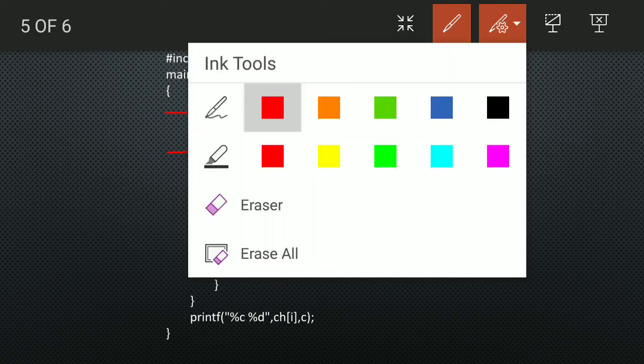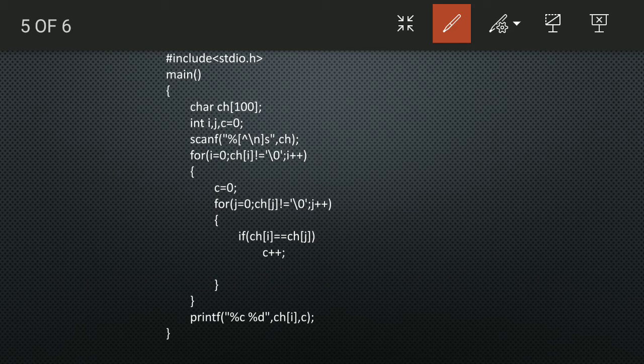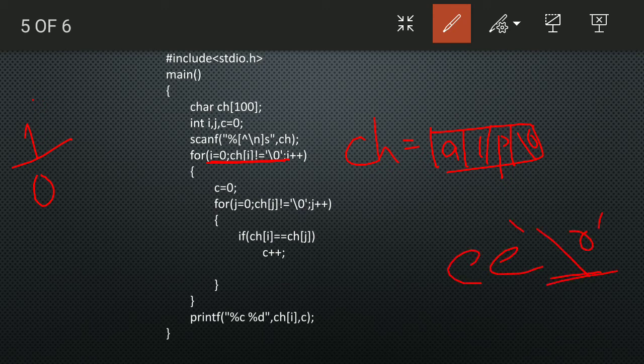So after that, you are initializing i equals to 0, and it is running until you get the null character. So whenever you are getting the ch, like it is stored a l p, the last character is always the null character stored after completion of everything. After completion of your whole sentence like Alpana Sri, after this Sri it will store the null character, which represents the end of the string.